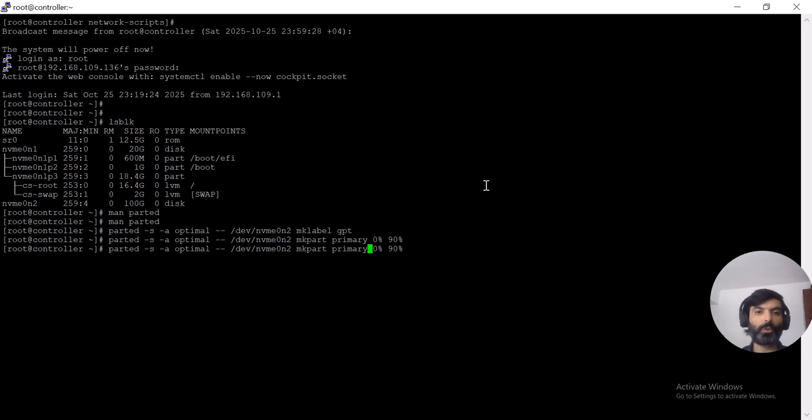We will run the command one more time to create a secondary partition, and this will also be a primary, but its starting and the ending sectors will be changing. Okay, so